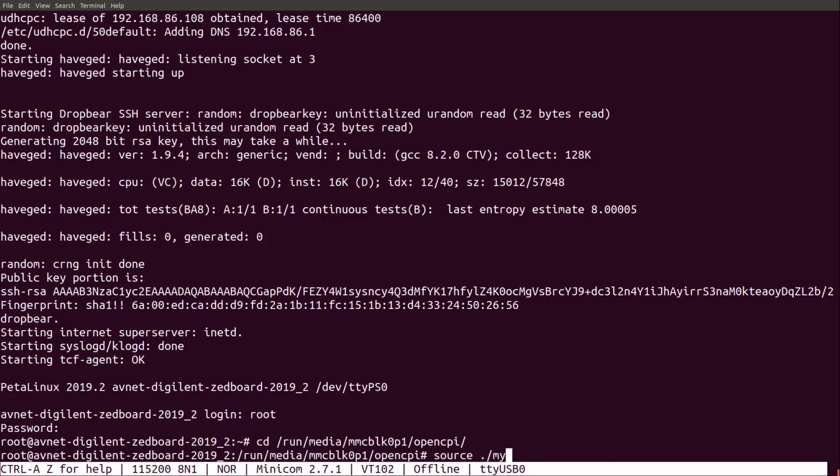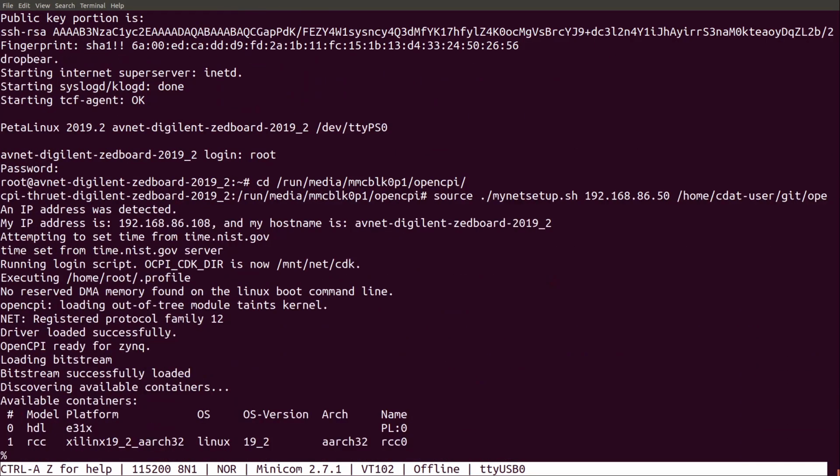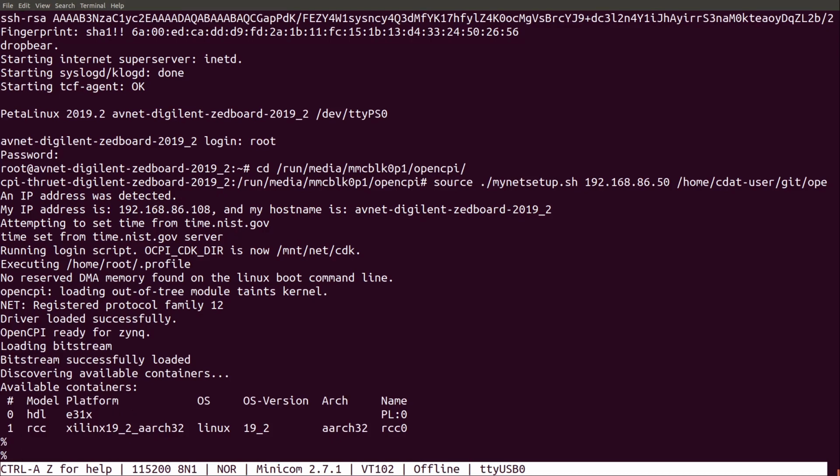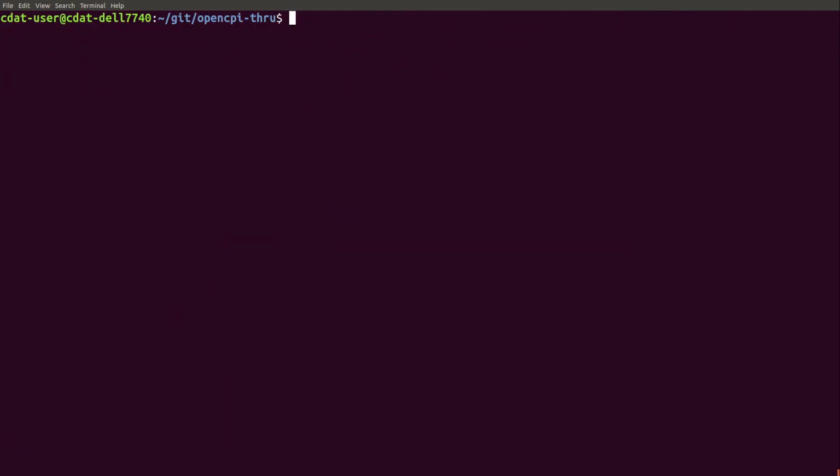First argument is the IP address of your dev system. And the second argument is going to be the folder that's shared. It says here E310 with Xilinx 19.2 ARC32. The next thing I'm going to show is OCPI remote as well. So I'm going to use OCPI remote